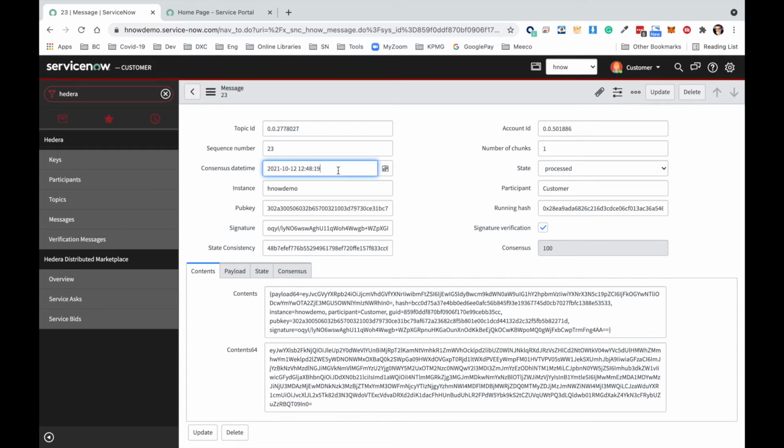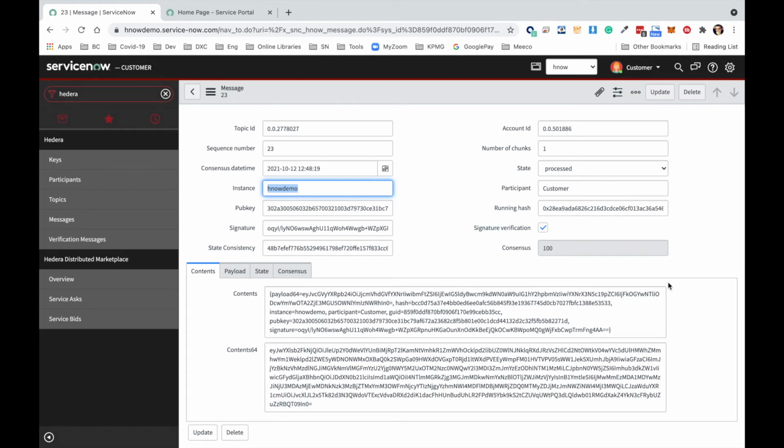You have a consensus date time of the network on which all the nodes agree, the instance that submitted that, and all the cryptographic keys and signatures, and the state consistency field that represents the overall state of the ask and also bid table for every change of state in such a way that we are sure that all the participants are in agreement.